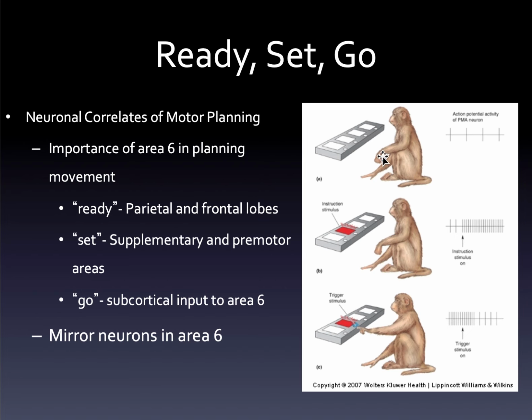Or I should say, let me back up, that the ready would be him recognizing that he's in that situation, which would require all those. The instruction stimulus would be your set, so he's forming that motor plan, and we see those area 6 neurons turn on then. And then go is going to be the direct output from the motor cortex to the